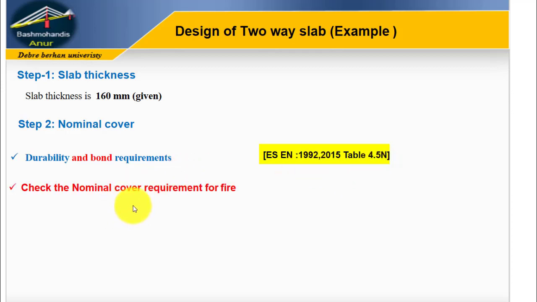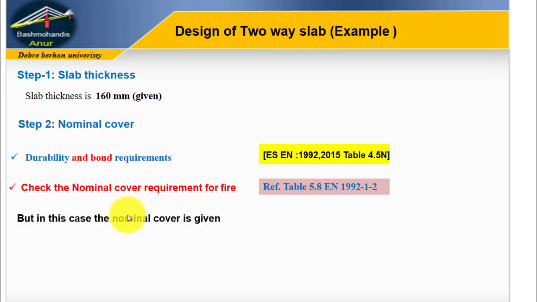Furthermore, the nominal cover that satisfies fire requirement must be calculated by referring to table 5.8 in Eurocode 1992 part 1-2. However, in this example, the nominal cover is given. Okay? ስንት ነው? c nominal equals 30 mm. ባይሰጠን ግን durability, bond እና fire requirement የሚያሟላ ኮድ ሪፈር አድርገን ካልኩሌት ማድረግ እንችላለን ማለት ነው።